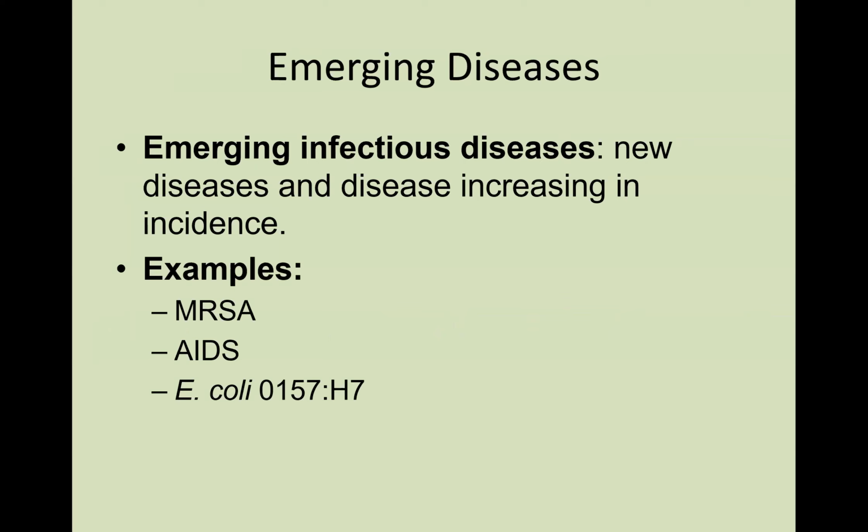So these are new diseases and new cases that are increasing in their incidence. So we're just seeing new emerging cases pop up. And some examples are those MRSA infections, again, those methicillin-resistant Staphylococcus aureus infections. We see issues with AIDS. This is due to the HIV virus, and AIDS is the syndrome based upon having HIV. And then E. coli, in particular, this strain, O157:H7 in particular, would be considered an emerging infectious disease. Not all strains of E. coli are dangerous. In fact, E. coli is part of our normal flora, but this particular strain can actually be fatal.